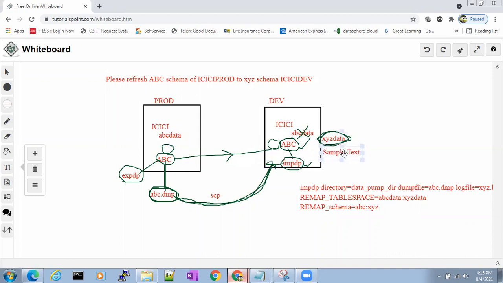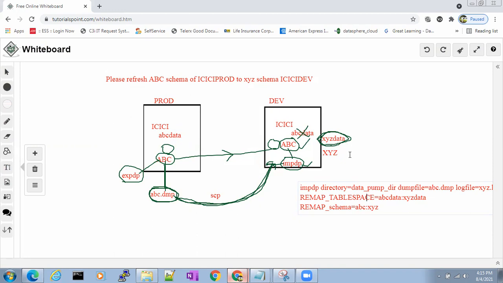Understood what I'm talking? Yes, sir. Yes, Kumar. Yes, Anna. Or else if you just give schemas equal to XYZ, it will fail. Schemas equal to ABC, it will fail. Because it is unable to identify which tablespace it has to use to store the data, to import the data.